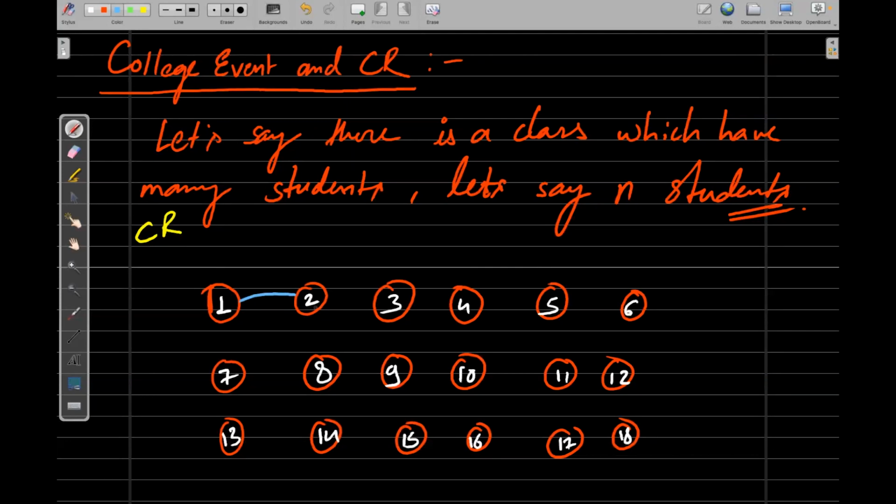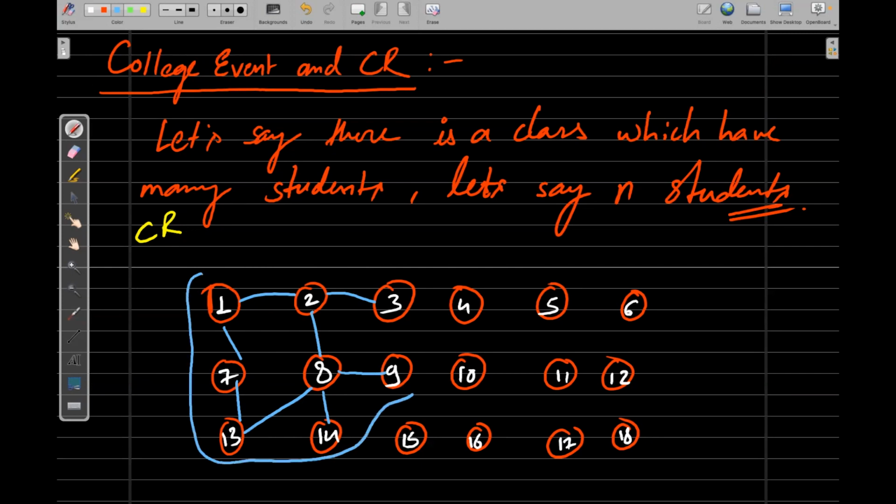and 2 are friends with each other. 2 and 3 are friends with each other. 2 and 8 are friends with each other. 1 and 7 are friends with each other. 7 and 13 are friends with each other. 13 and 8 are friends with each other, and 14 and 8 are friends with each other, and 8 and 9 are friends with each other. Okay, so in the approach it is saying,